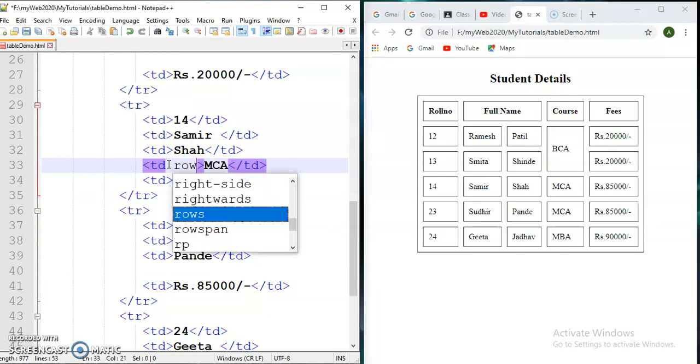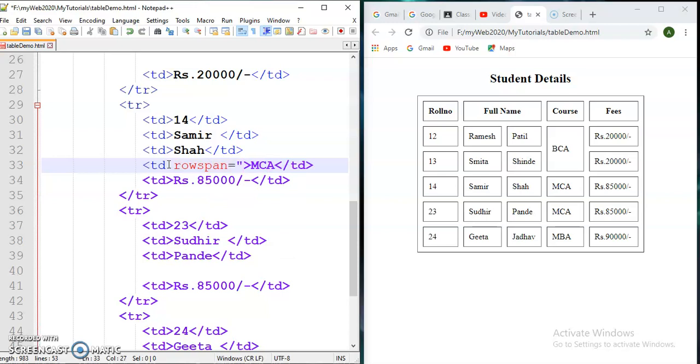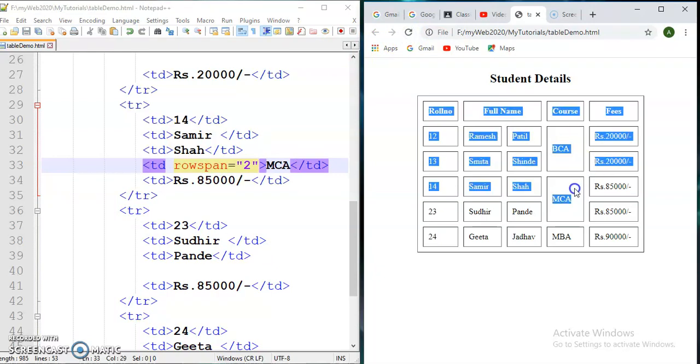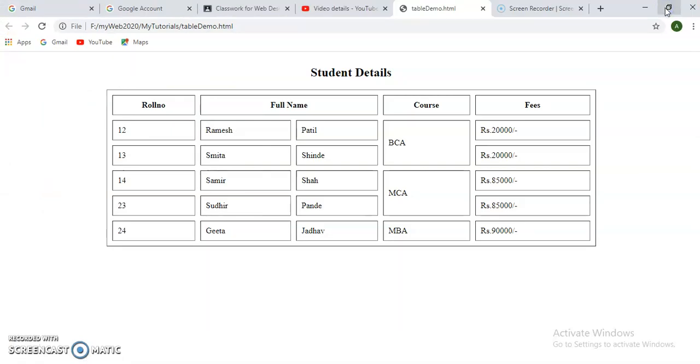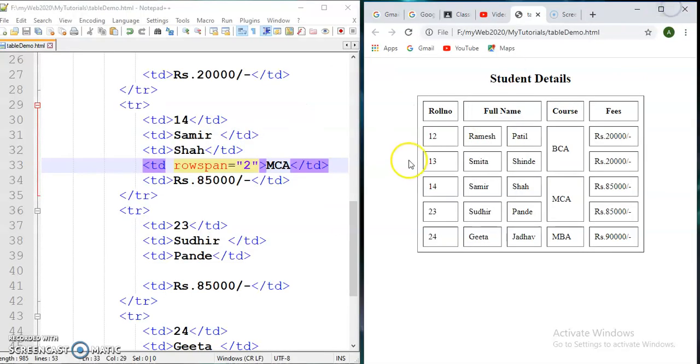Rowspan is equal to here again 2. So this is the row merge effect and this is the column merge effect. So in this tutorial we see how we can merge two rows or two columns.